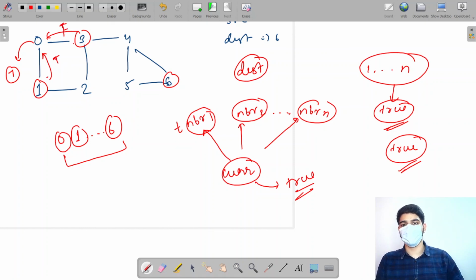But what if I get false from both the sides? What if both of my neighbors say that they don't have any path till my destination? Then in that case, I won't have any path till my destination, right? So if I, let's suppose, erase this connection between 3 and 4, in this case, 1 and 3 both would say we tried, but we couldn't find a path till 6, right? In that case, my 0 would also say that, okay,